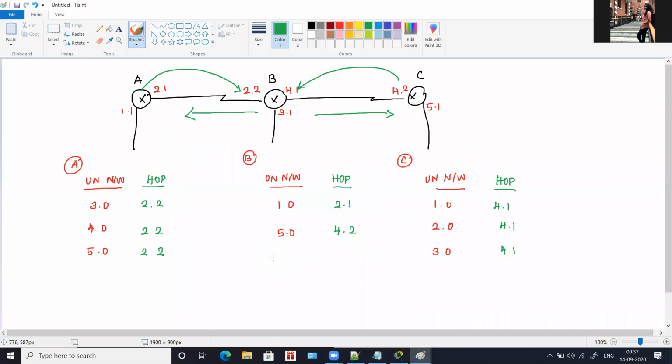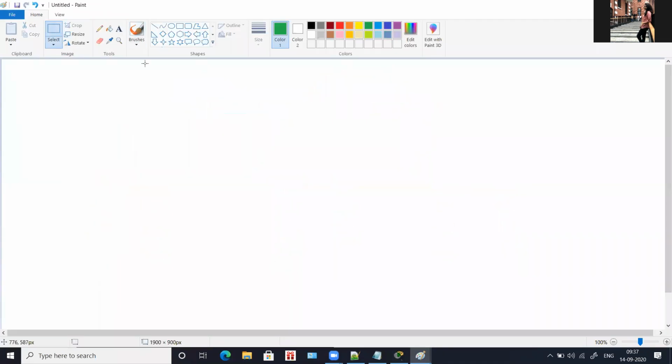Okay, so to summarize, I'll tell you what you have to do in your to-do. Your to-do for today is static routing. In static routing, you have to take three routers: router A, router B and router C. For these three routers, you have to check whether you have the serial interface. If not, you have to turn off the router, add the serial interface, and then turn it on. This is the first thing that you will do.